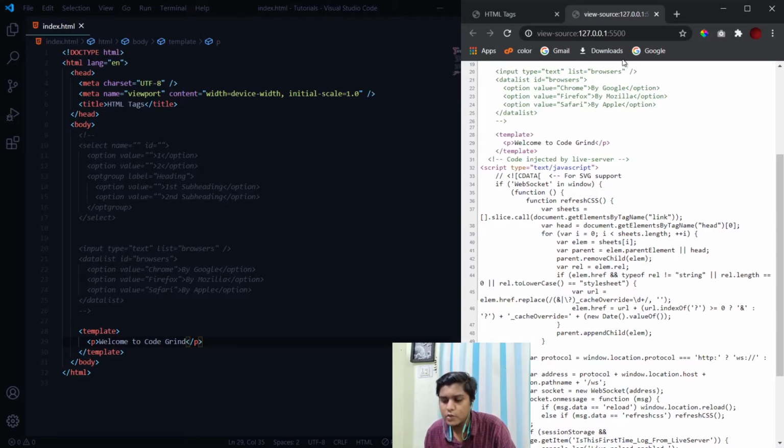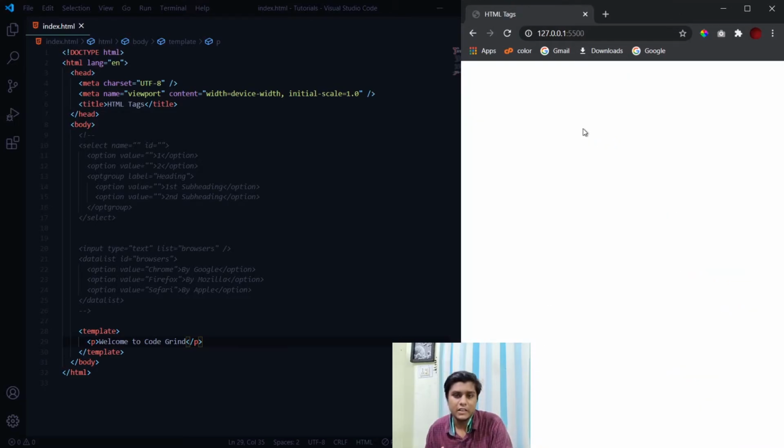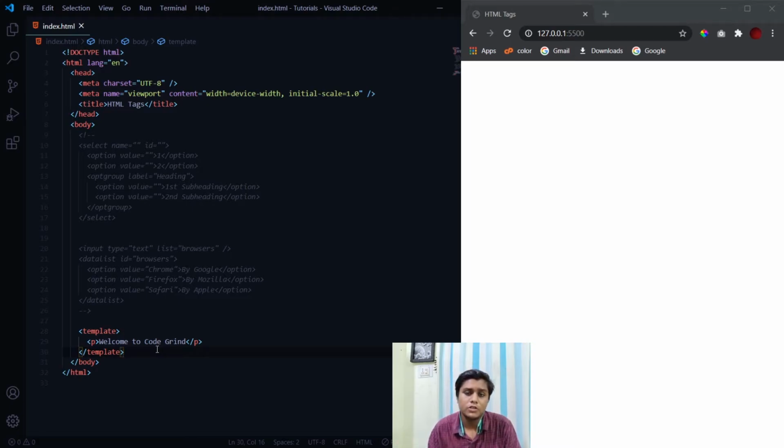Now what do we use this template tag? Since it is not visible, what is the purpose of using it? It is because it can provide some very helpful JavaScript functionalities. You may need some things in JavaScript where you don't want any particular thing to be visible, or you can also use it when sometimes you are not happy with a particular part of your code and you want to hide it for some amount of time. So you can just simply place it inside the template tag and it won't be visible in your website.